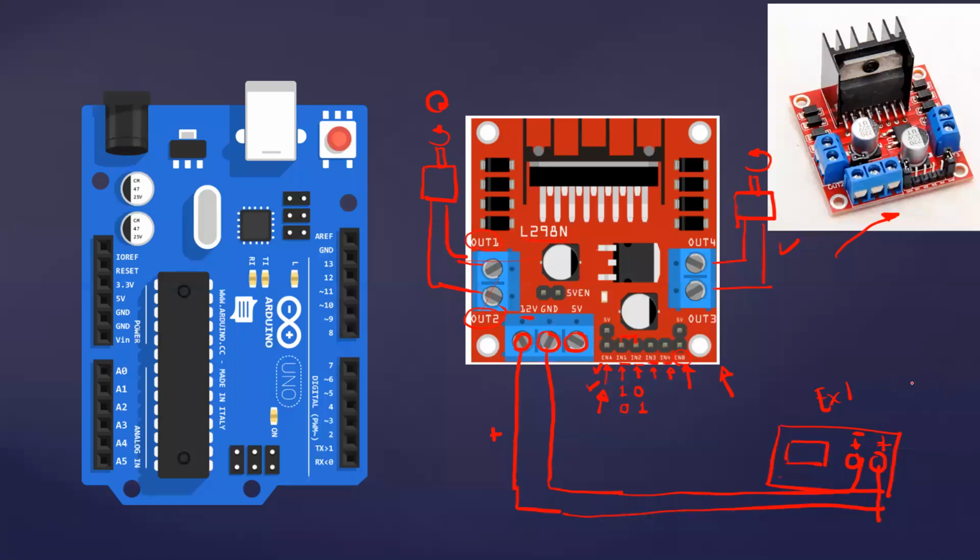This is not the logic power supply. External power supply means the power supply used to control the speed of the motor. So this is basically a 12 volt power supply. Now second, you can observe here it is written as a 5 volt. So the 5 volt supply we can take directly from your microcontroller.